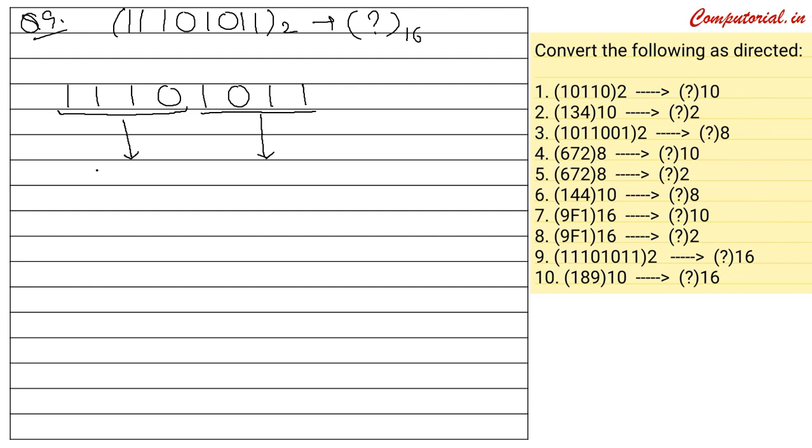So over this side it is equal to 14. Fine. This one is equal to 11. But we all know that in hexadecimal number systems we cannot use 14 or 11 as it is. So these can be coded by using their alphabets. So this can be written as E. This can be written as B. So your answer is EB with a base of 16. That's it. Now let's move to our question number 10.